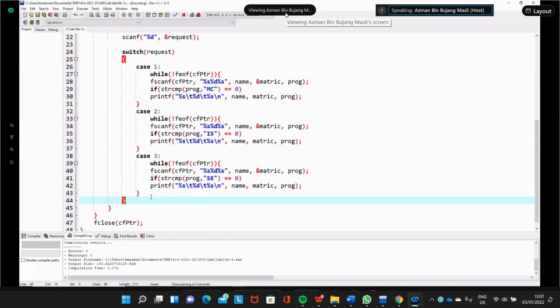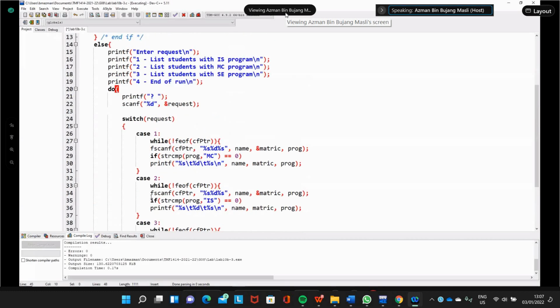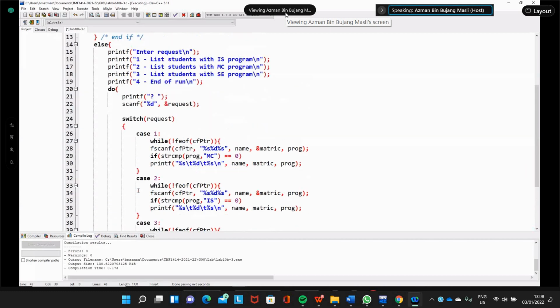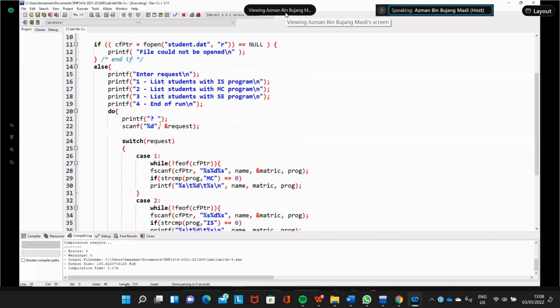That is a switch. So this is the do, okay? While request not equal to 4, okay? So that one actually will repeatedly do this, okay? You get another request.